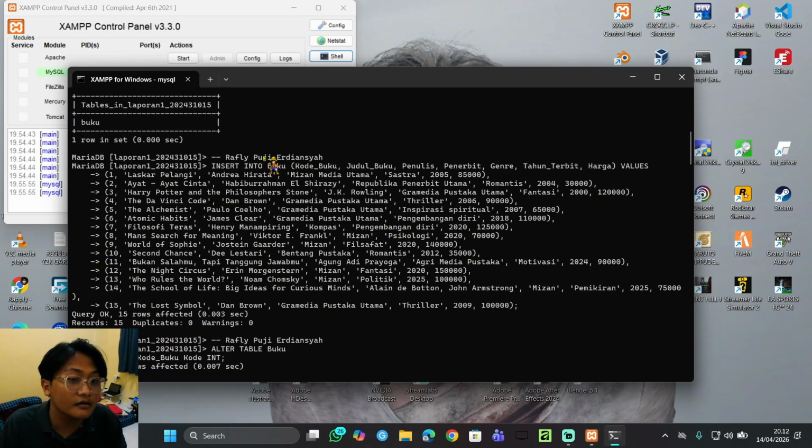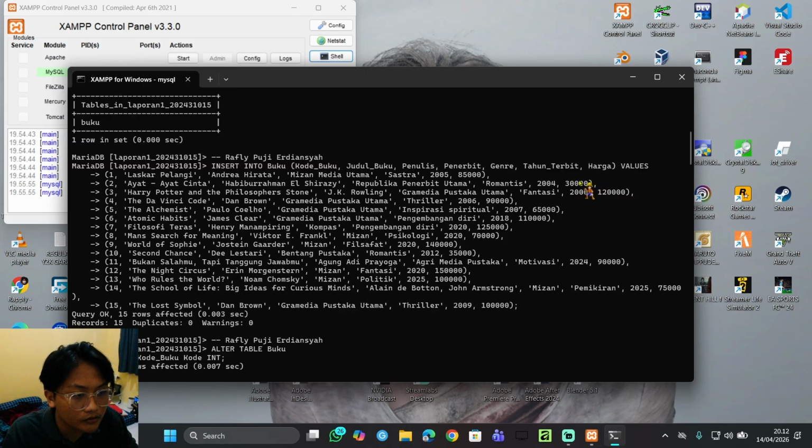After we create the table, we have to insert the data. We can insert the data by executing a large insert into the name of the table, and we add 15 different book records with their respective details like title, author, publisher, genre, and year. Here we have kode buku, judul buku, penulis, penerbit, genre, tahun terbit, and harga.